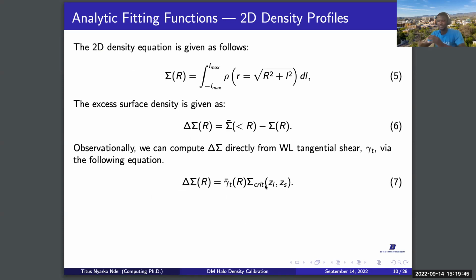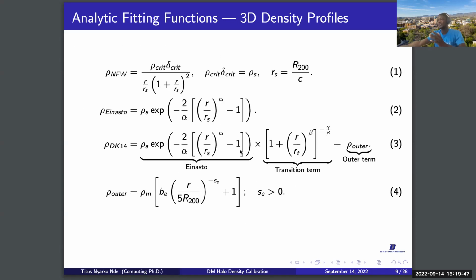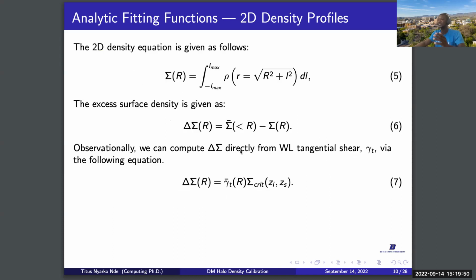Now, the problem is, these equations I've shown you here are 3D density profiles, but we observe our universe, the entire space, in 2D, not in 3D. So 3D density profiles are only readily available in simulations. In observations, we can't really get them directly. In observations, we have what we call the sigma, and mathematically, sigma is basically taking an integral of the 3D density profile.